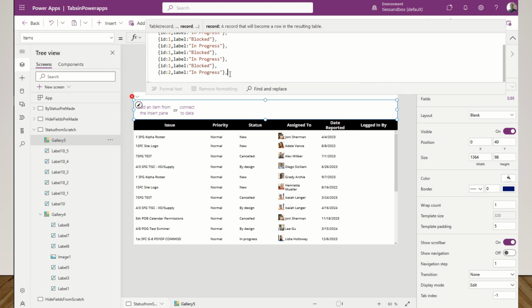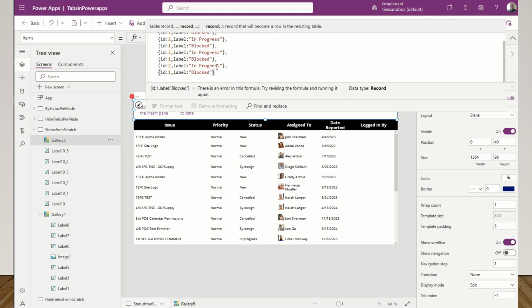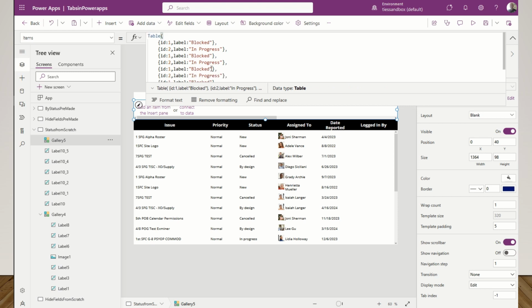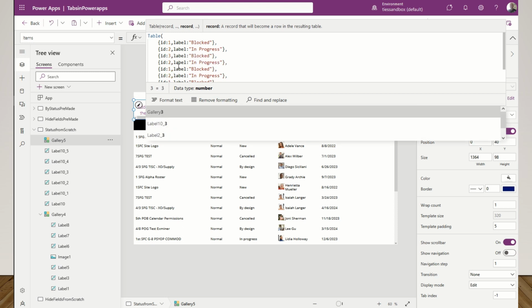And then I'm going to get rid of everything to here, get rid of that comma, and then I'm going to close out my command with the parentheses. Okay, now remember, you need to make each one of these IDs different or the tabs ain't going to work right. So I'm going to go in here,